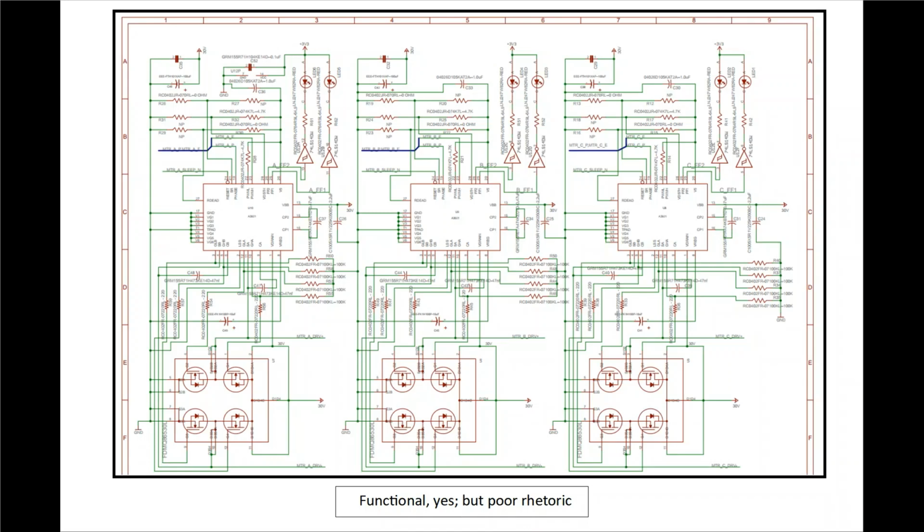I had this schematic handed to me once to take a look at, and this is emblematic of the poor rhetorical presentation that is typical in the electronics industry. A cursory inspection, you can find out that these circuits are DC motor controllers, each driving an H-bridge MOSFET. But closer inspection really bogs us down. So what's the purpose of any particular passive component that we're examining? It's difficult to tell. It's really tedious to trace these connections, and it's impossible to remember what we've covered and what we haven't as we review this.